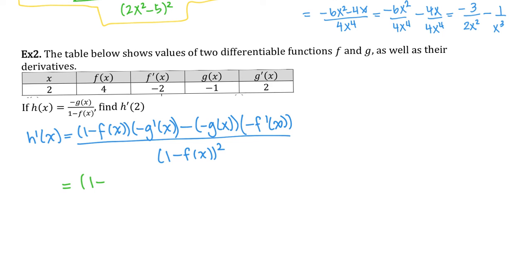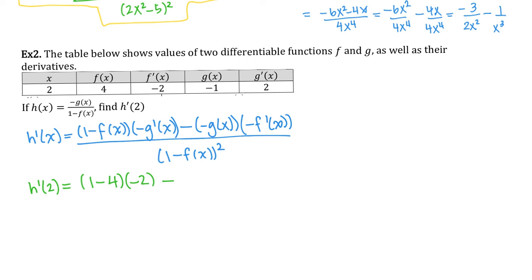Okay, what am I trying to find? H prime of 2? Okay, let's do h prime of 2. Okay, so f of 2 would be f of x. F of 2 is 4, times negative g prime of 2. G prime of 2 is 2, so this is going to be negative 2